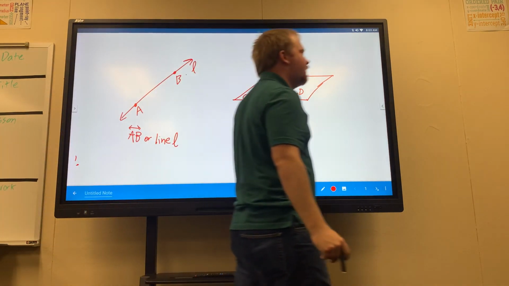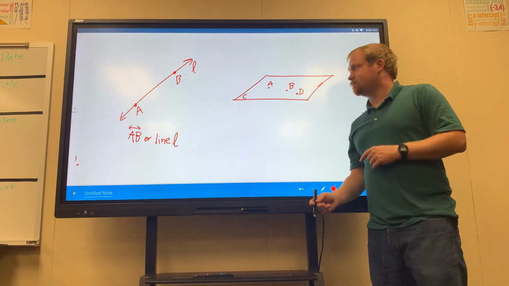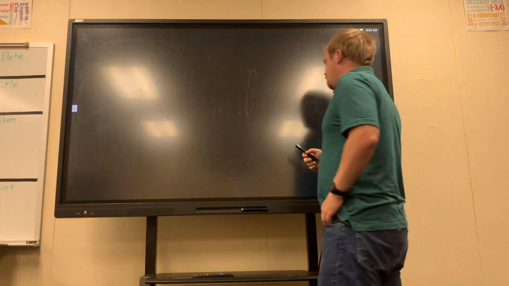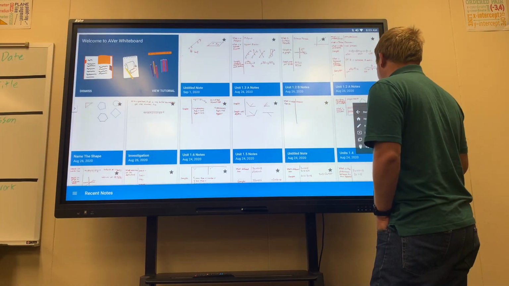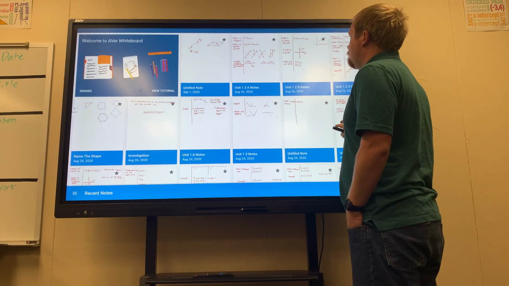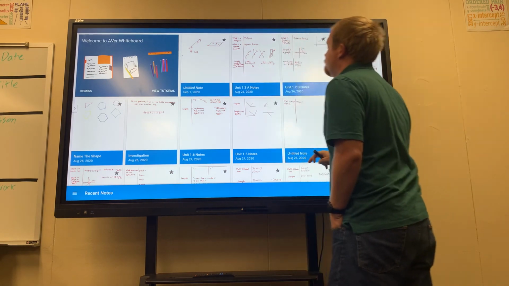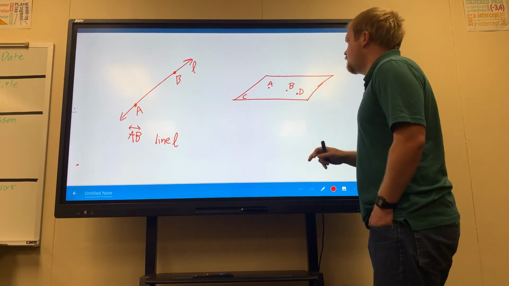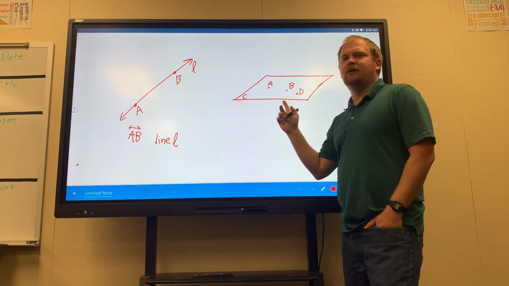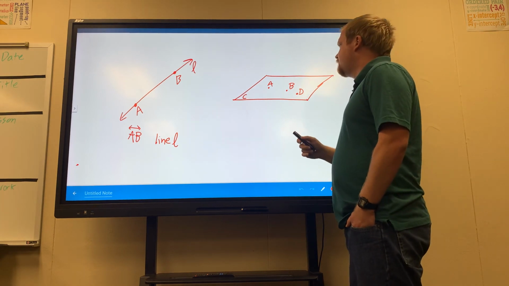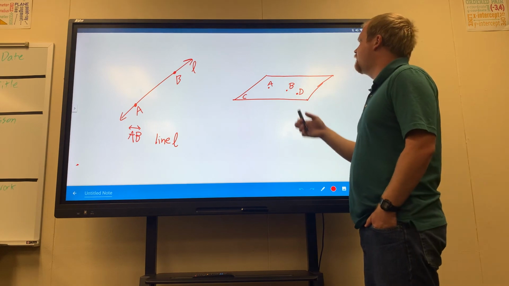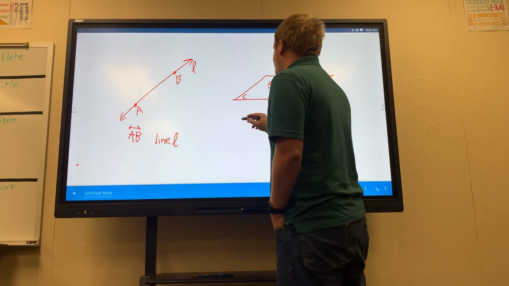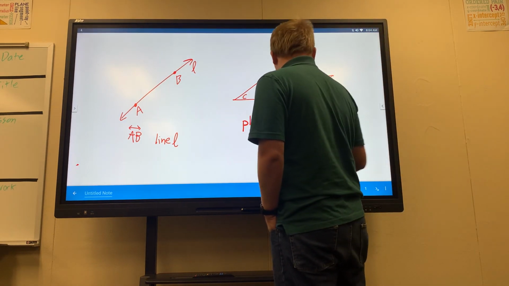Now, another way of identifying the plane. Okay. Another way of identifying this plane here is by noticing the 3 points. So we can just say plane